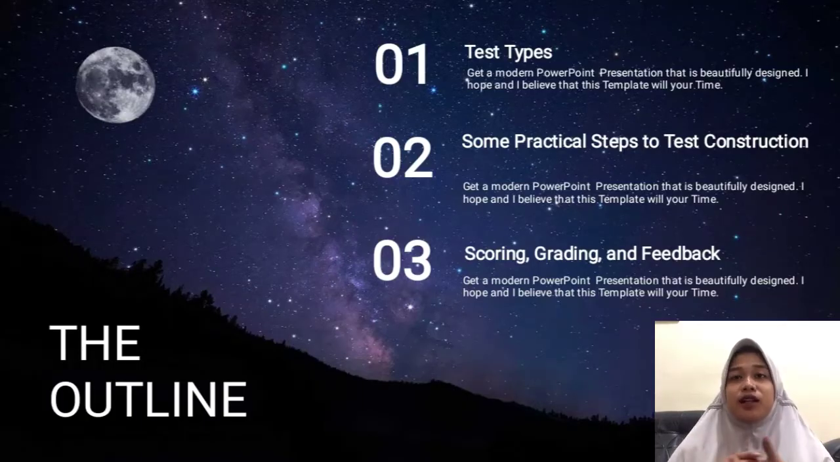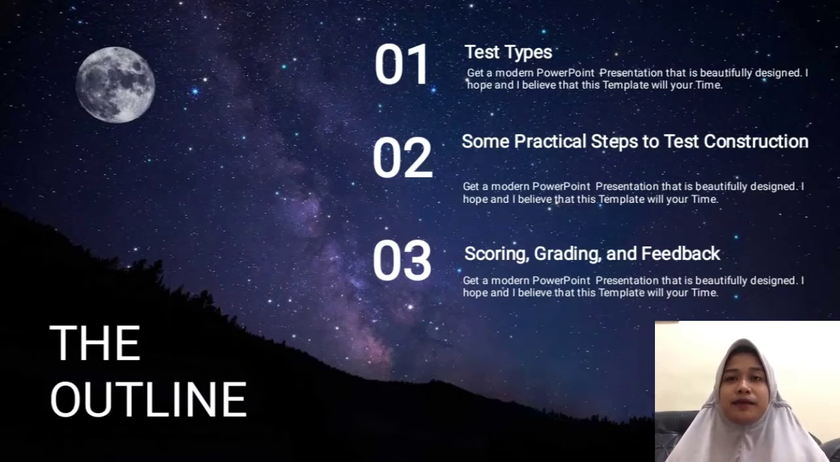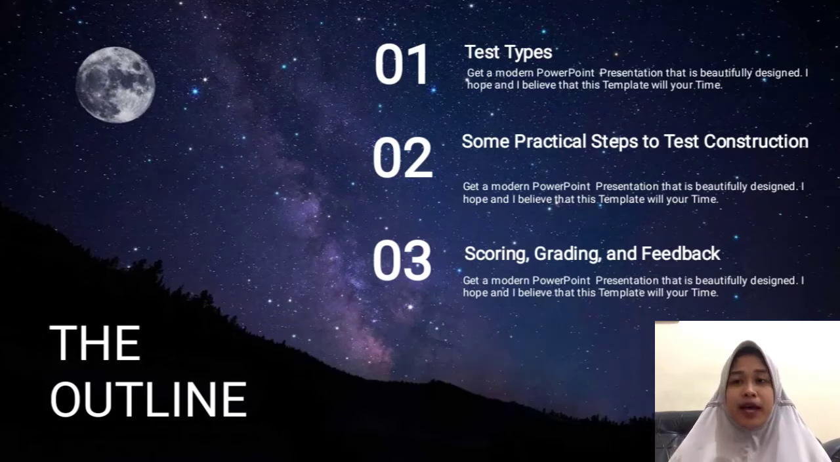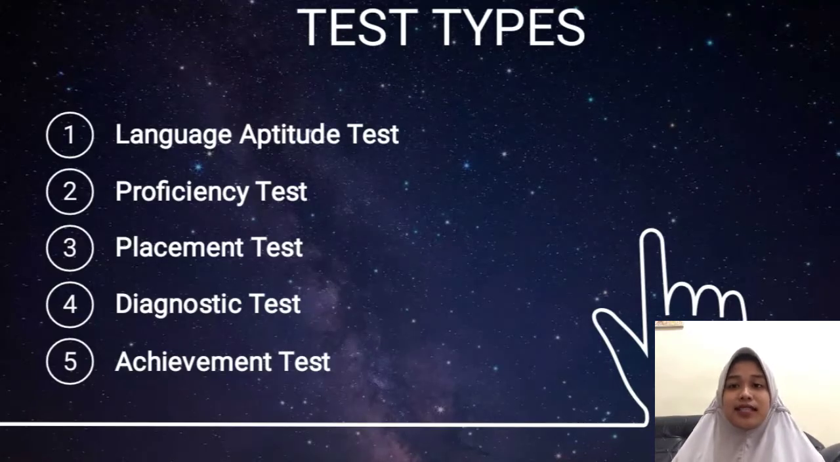So, this is the outline of our presentation. First, we have test types. Second, some practical steps to test construction. And last, scoring, grading, and feedback. First, test types. Test types consist of 5 tests: language aptitude test, proficiency test, placement test, diagnostic test, achievement